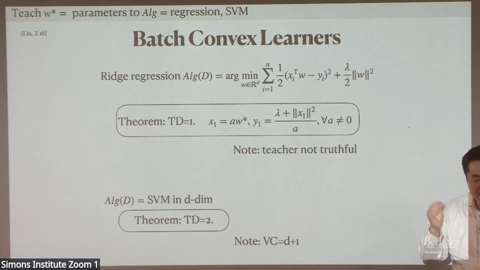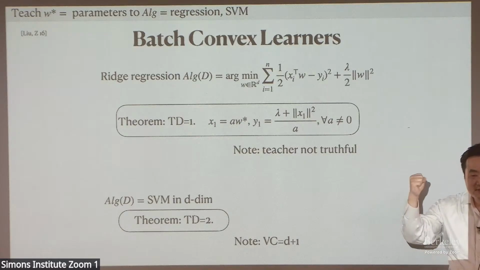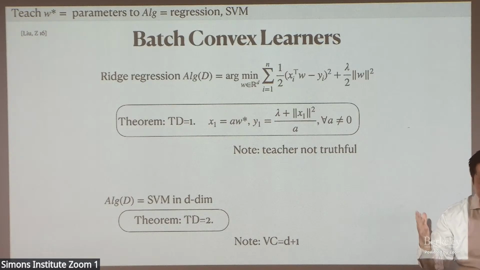So the plane is going to be here. But the way you think of it is, if you change these 2 points as a teacher, you drive, or you control, that separating hyperplane however you want. Does that make sense, right? So you can drive it to fit exactly what W star you would want. Okay, so that's of course not surprising, but it's a very different way to think of this.